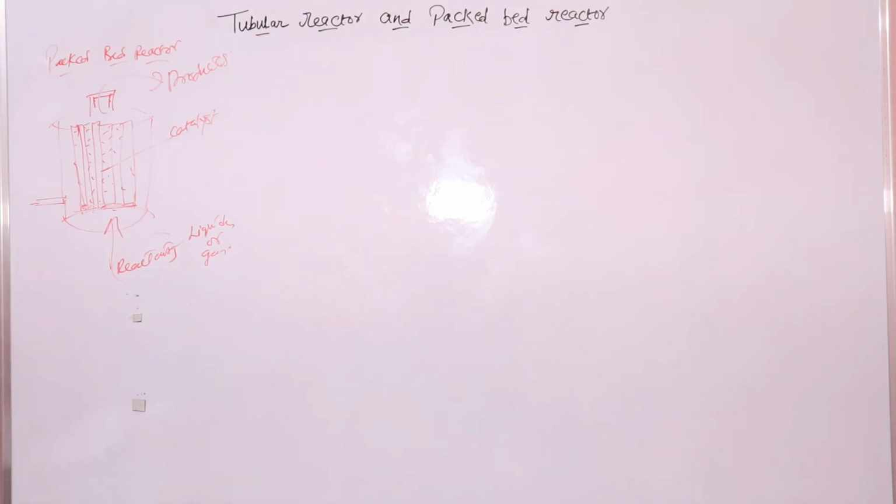the reaction rate here is based on the mass of the solid catalyst, and not on the volume. Because as I said, the mass of the catalyst will get consumed, the active sites will become less. So here the rate of reaction will depend on the mass of solid catalyst, W. We will take the mass as W, and the rate of reaction will depend on the mass of the catalyst.